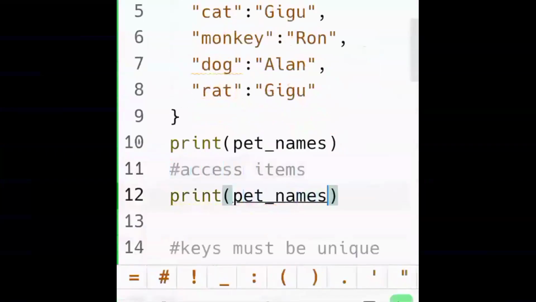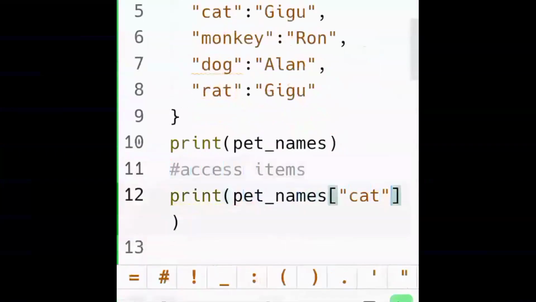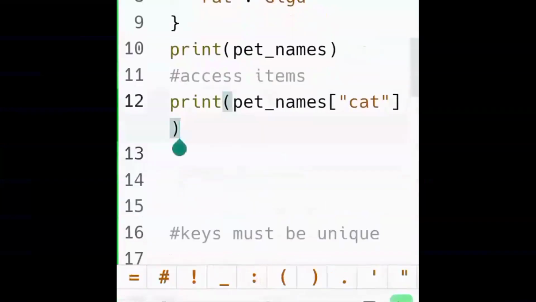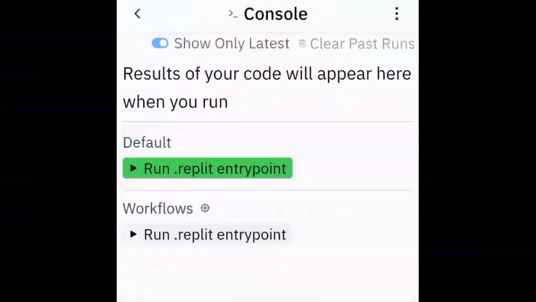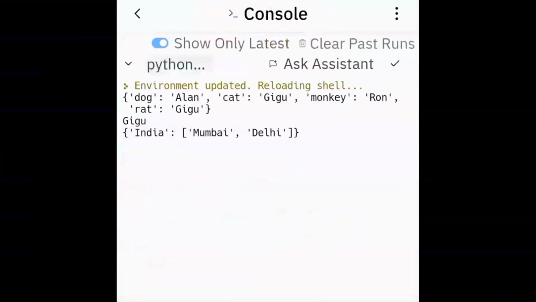So for this we are going to take the example dictionary of pet names that we created earlier. So we say print pet names, and then inside the square brackets, we are not going to write the index here, mind you, like in the previous case. We are going to write the keys. Remember, the pet names cat, dog, monkey, etc. were the keys, not the values. So we are going to access it by using the keys inside the square brackets.